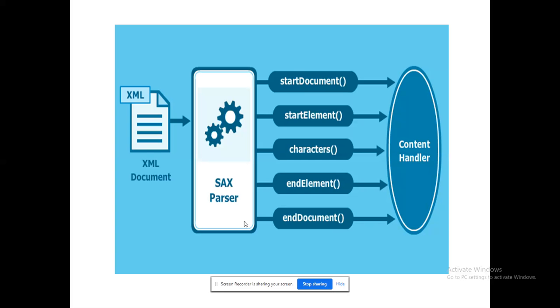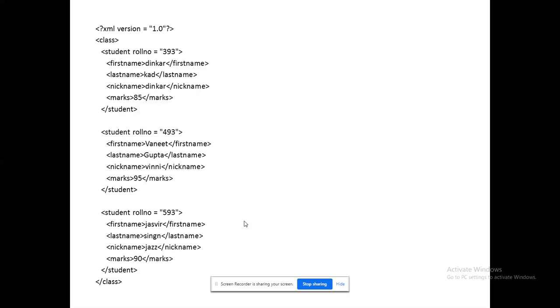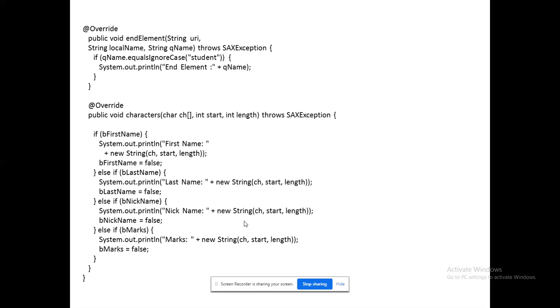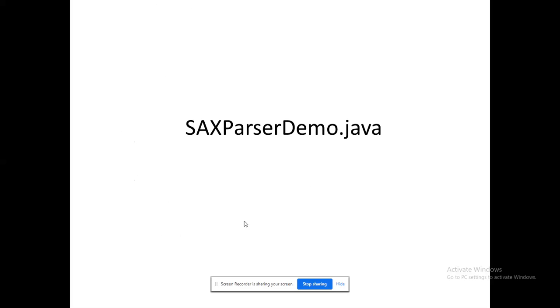So when I'm going for the SAX parser, what is going to happen? What I did over that method has been written as a method here directly. I have to write my code within that method. That's the overridden handler being provided by the corresponding content. So this could be the basic code. XML code is separate, Java code is separate. In the Java code, whatever things I want to fetch, I write within the corresponding built-in methods: startElement, endElement, characters.